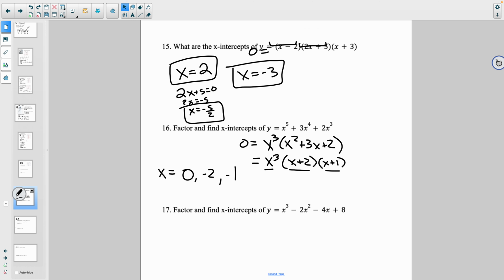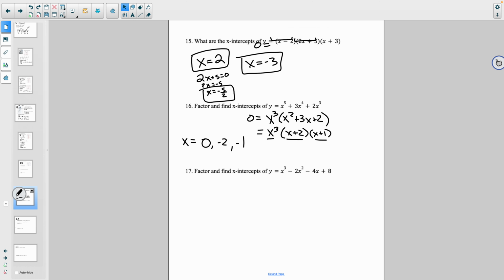Okay, now this one I think would be good to do with grouping. So let's group together these first two, right? So I can factor out an x squared from both of these, right? Let's factor out an x squared. And let's see, what are we left with? We are left with